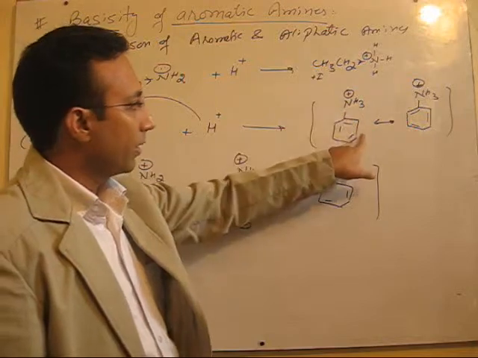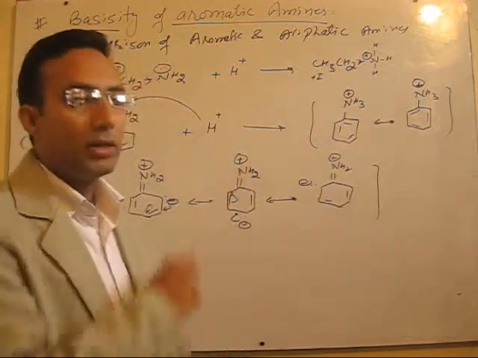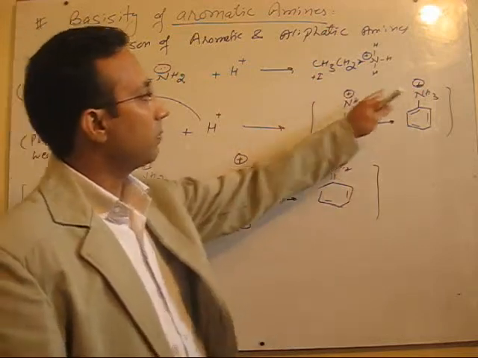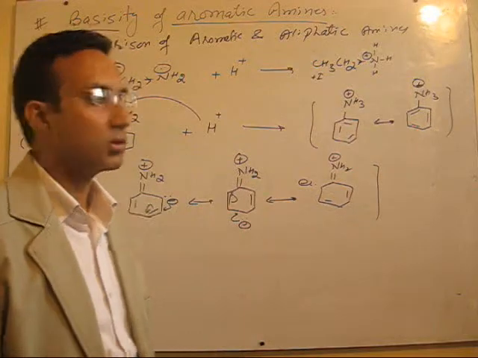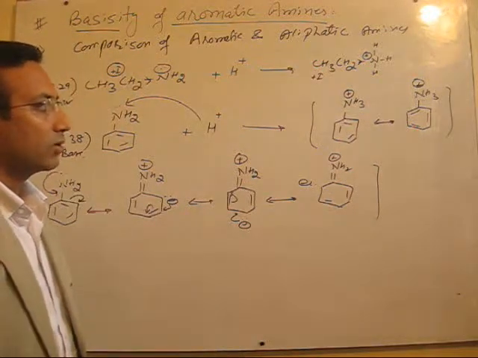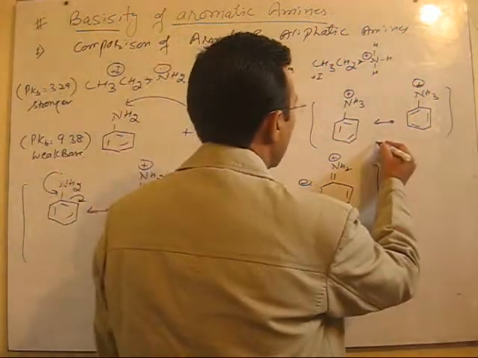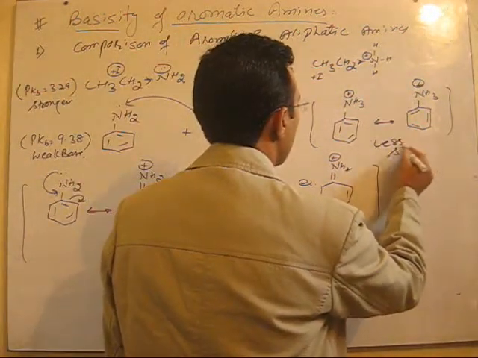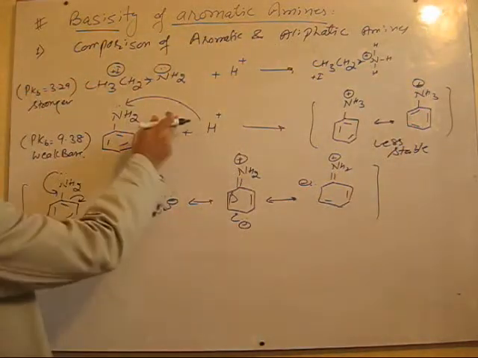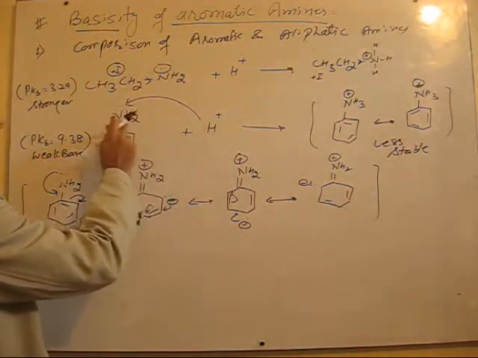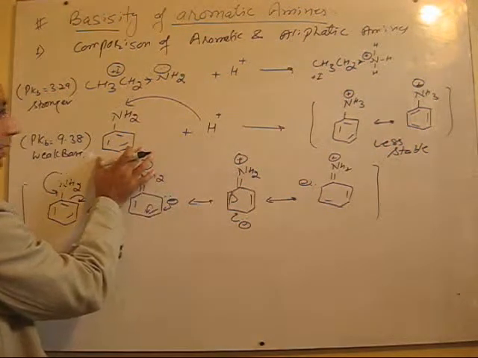Fine. So if you see these two structures, only the pi electrons are delocalized, but there is no change in the plus charge on the nitrogen. There is nothing which is going to stabilize the positive charge on nitrogen. Its electron deficiency still remains as such. So this shows that this is a very unstable cation. That means the attack of H plus on aniline is very slow. It shows that it's a weaker base.